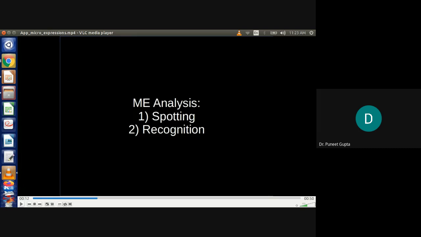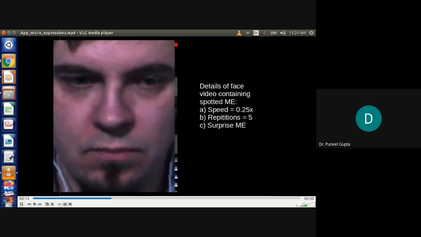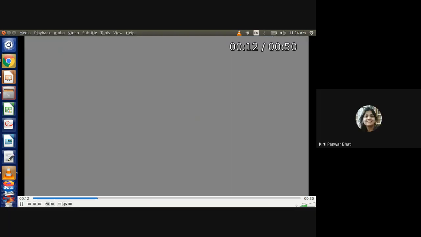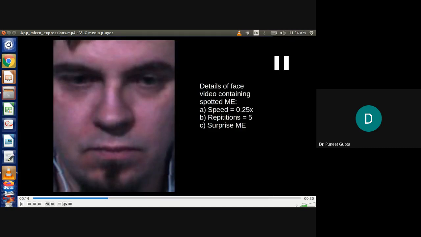Now, I just showed you that clip, but I extracted a few frames from it where this micro expression was there, and moved through them slowly 5 times. Now, can you tell me what kind of expression it is? He's amazed or something after seeing something. That's true. But how did you figure it out? Well, his eyebrow goes up and down, right? So this is what a micro expression is.